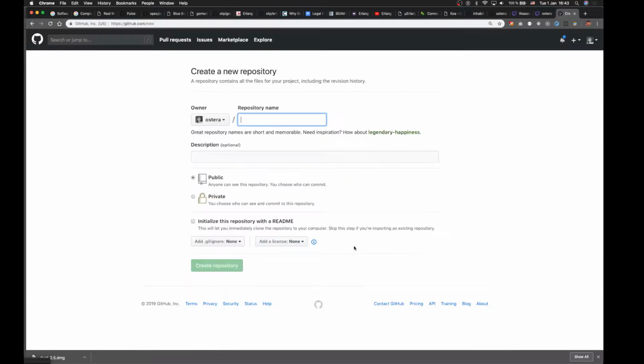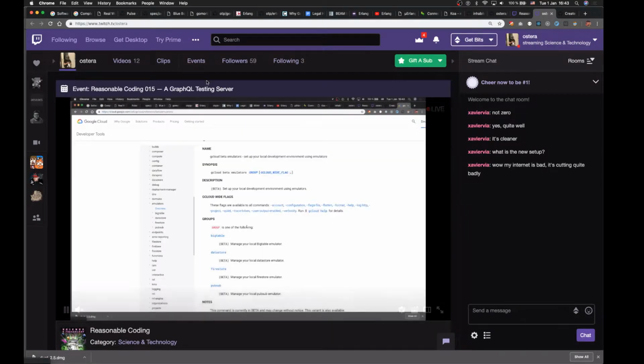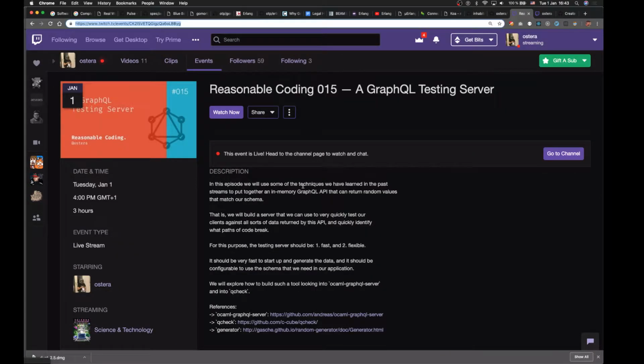But for what we want to do here, we want to have this server spin up on some port with some schema. It should be fairly flexible. It should be able to read the schema and essentially build a GraphQL server. It should be fast. For every query, it should respond in a reasonable amount of time. We will define what is reasonable or not